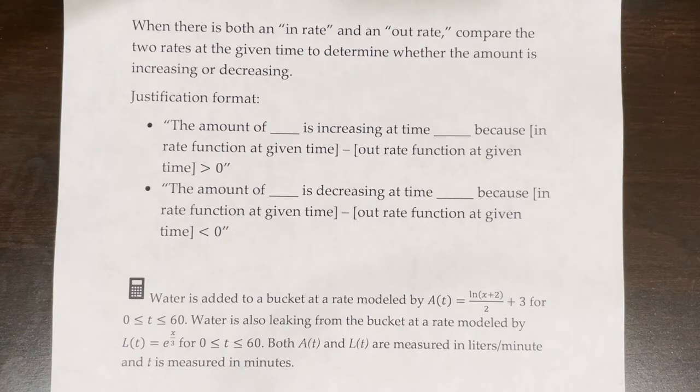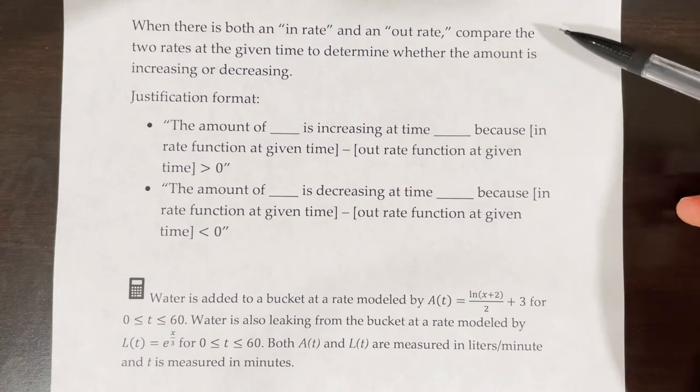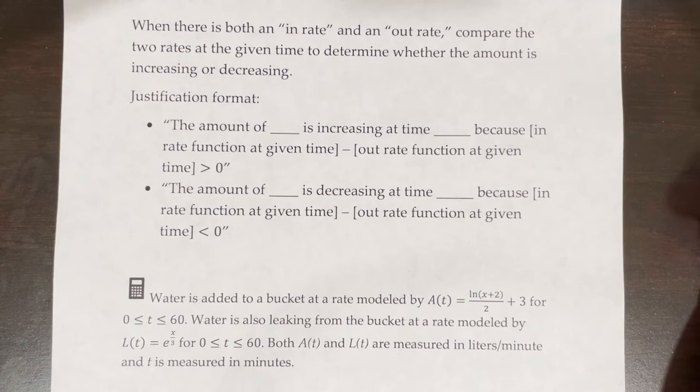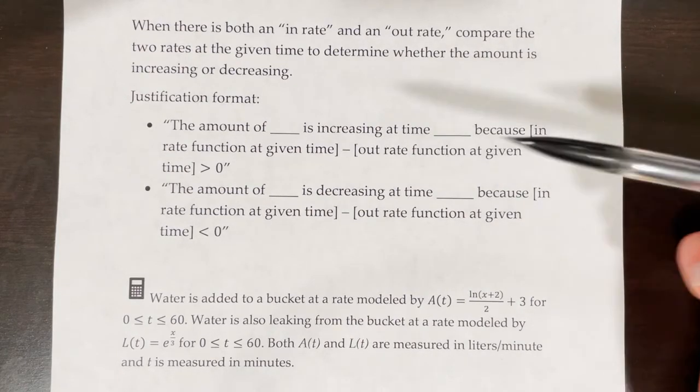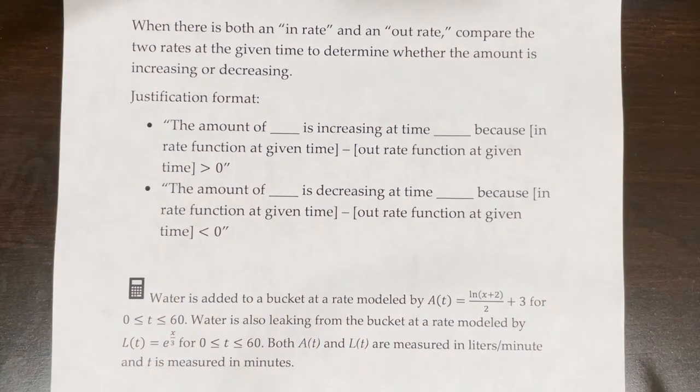Occasionally, in these types of problems, there will be two rates. There will be an in rate and an out rate, and we'll look at an example of that in just a second. When you see an in rate and an out rate for the same time interval, compare the two rates at the given time, which they will give you, to determine whether the amount is increasing or decreasing. So the proper justification format for this would be the amount of blank, whatever it is, maybe it's water, maybe it's oil, maybe it's number of hippos in a certain area,